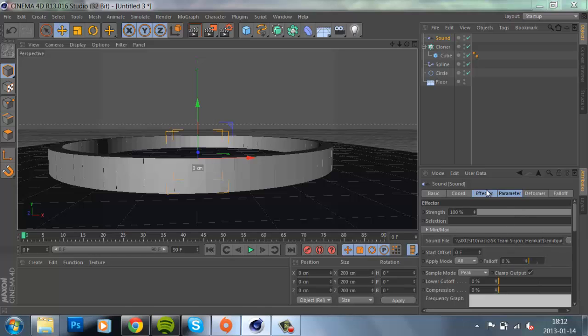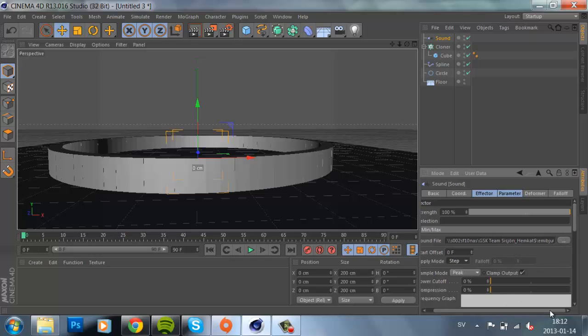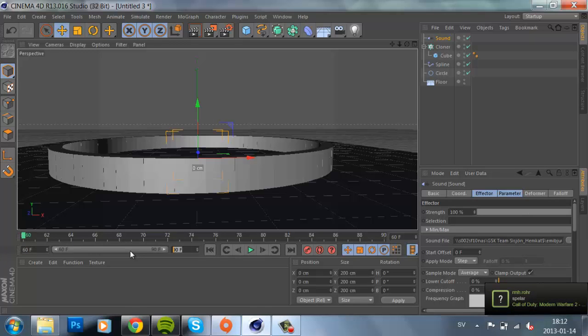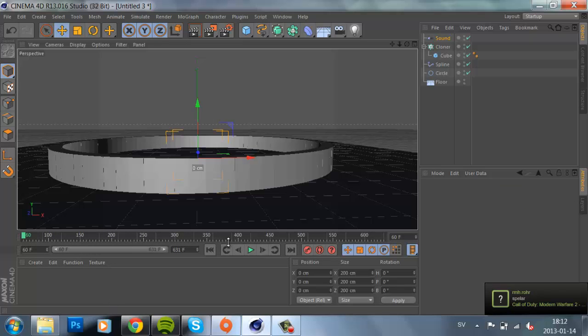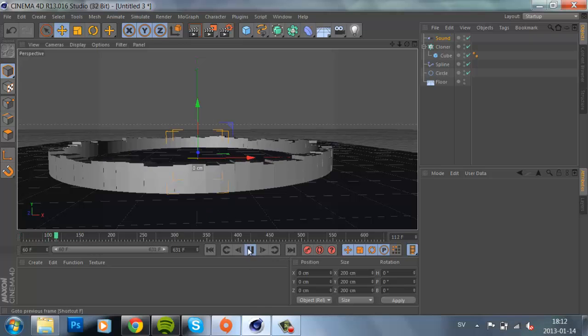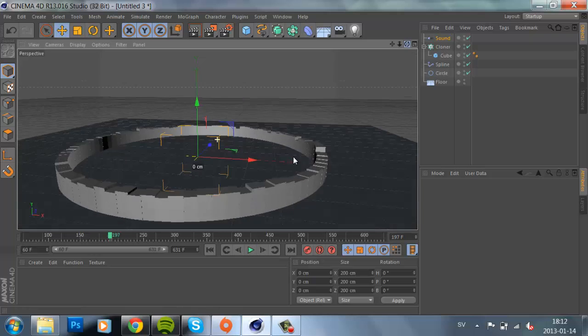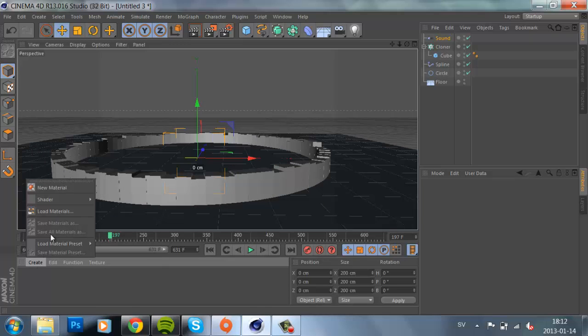So yeah. Anyway, I'm gonna change apply mode to step on sound. And you can go down to sample mode and average like that. My song starts at 60 and ends at 631 like that. Okay, so now I'm gonna play it. Looks like that, right? And now that's how to use Sound Effector,